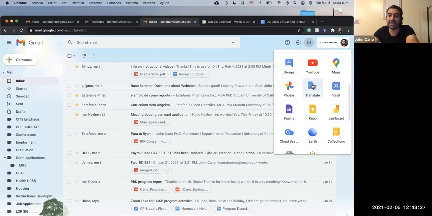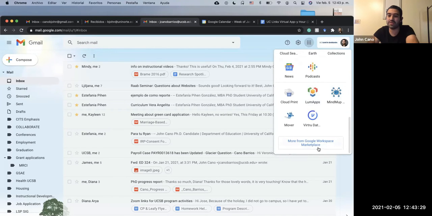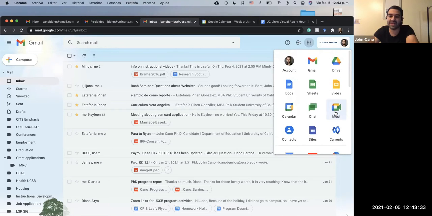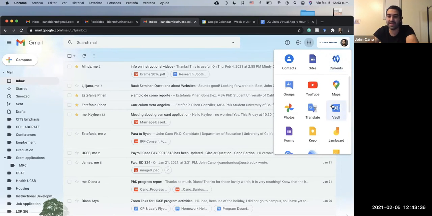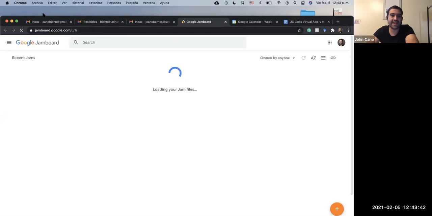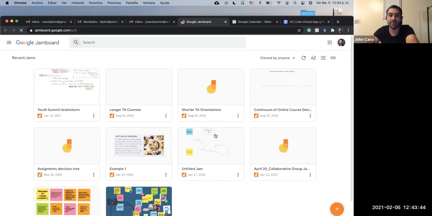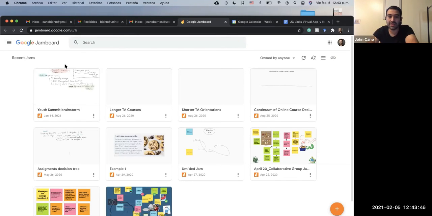If you do not see it in here, you may have to go to this option and find the tool right there. But it is totally free. There is no payment, even for the regular Gmail. So Jamboard is basically like a blank Canva with multiple pages. Actually, the couple points that we discussed at the Youth Summit 2-3 weeks ago, they were on a